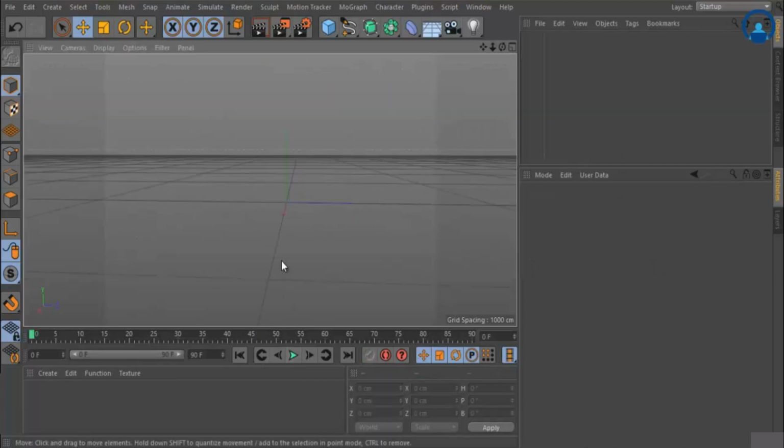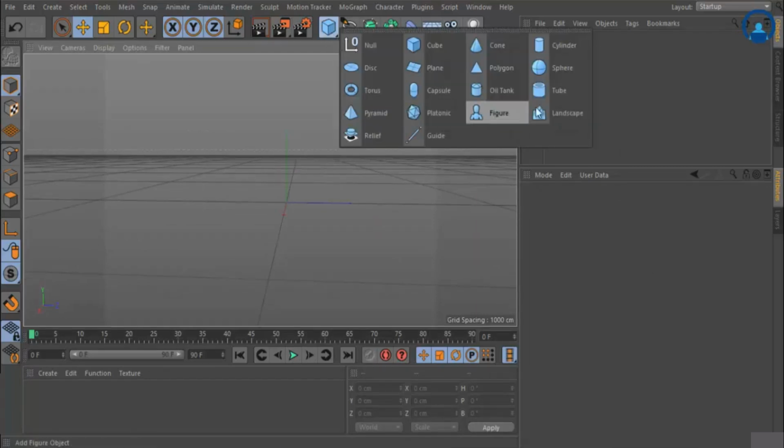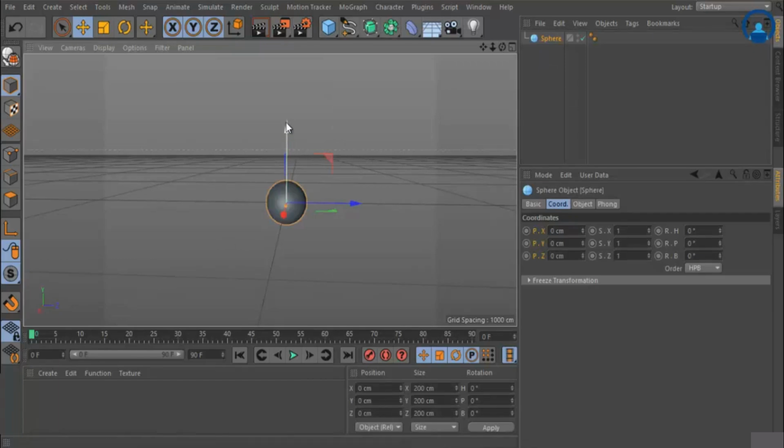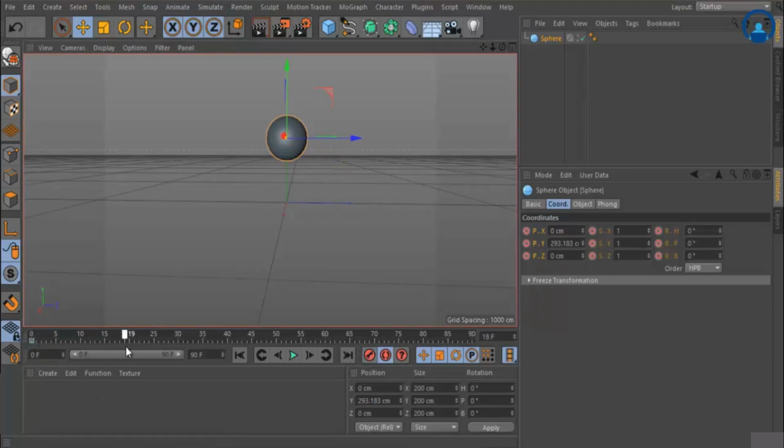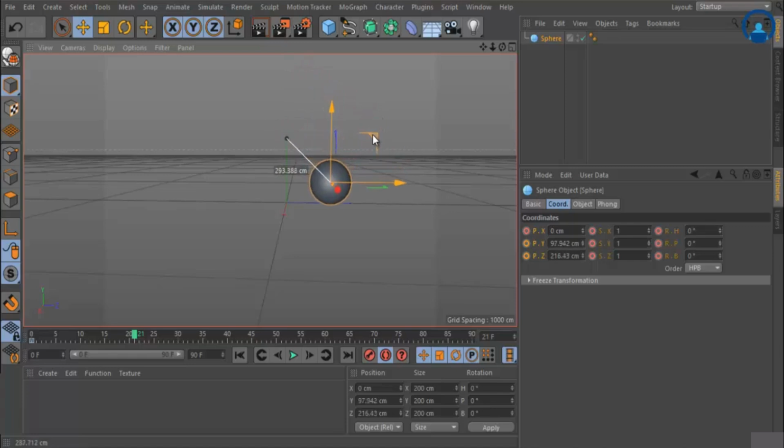To explain timeline properties inside Cinema 4D, first I create a basic animation by using a basic primitive sphere. I just move it up over here, and I keep this auto key option on. I set my first keyframe. Then around frame number 20, I'm doing a very basic animation like this. You can see it creates an animation over here.